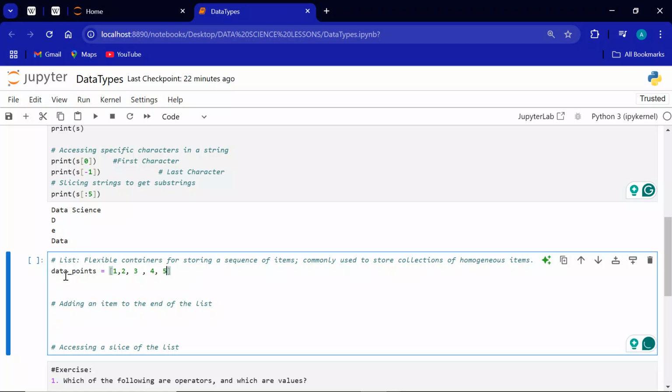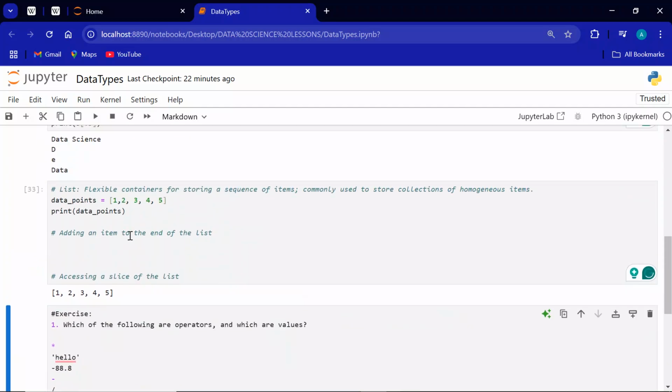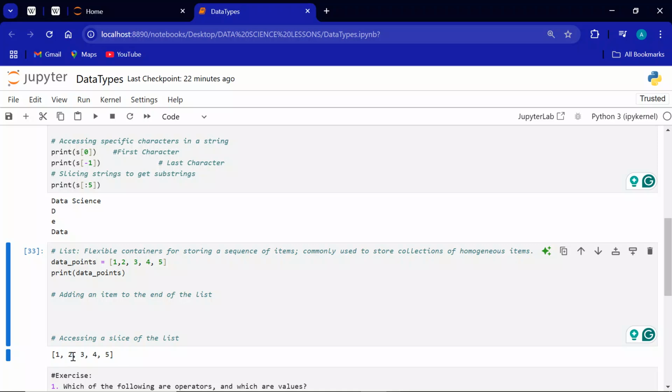Okay, that way, if I do something like this, there's no need. This is not an error coming from Python. This is like Grammarly, it's English that they are trying to say here. So this data point, if I want to print it, I'm going to have a list containing data points. Right, so if I print this, I will see, this is the solution, right? I have data point here, and this is the output of it, a list of 1, 2, 3,